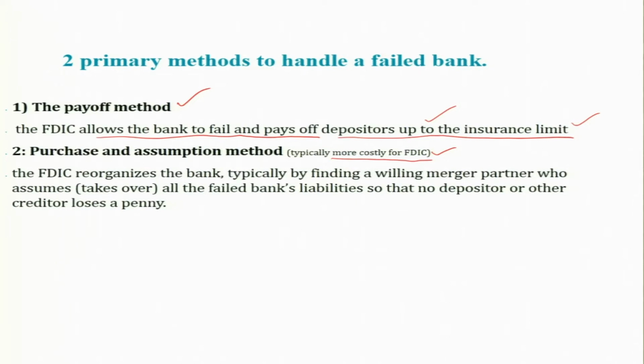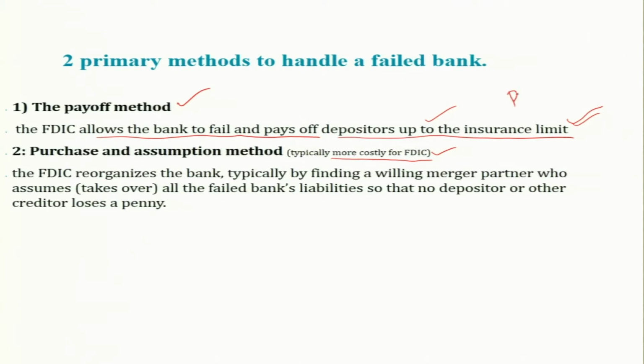But given the importance of the banking system, not letting a bank fail is more important, right? If one bank fails and, because of the contagion effect, other banks also fail, in a practical sense we know that the first method is not the best strategy. It is better to avoid the bank failure. If the FDIC is there, and all the depositors are assured that if the bank fails, the Federal Deposit Insurance Corporation will immediately pay back my deposit, then because of that